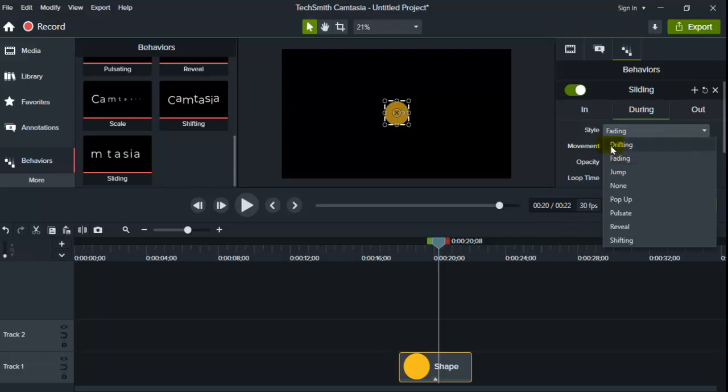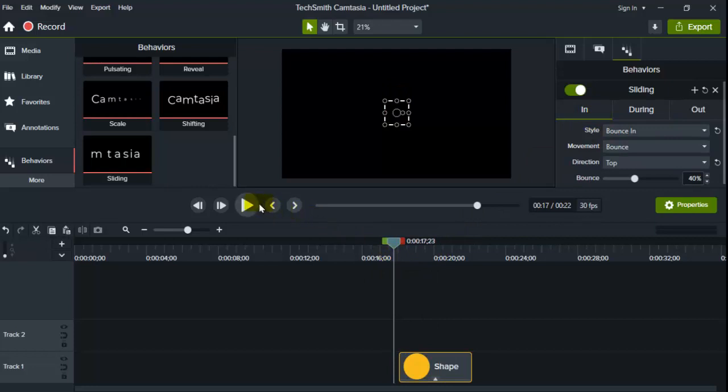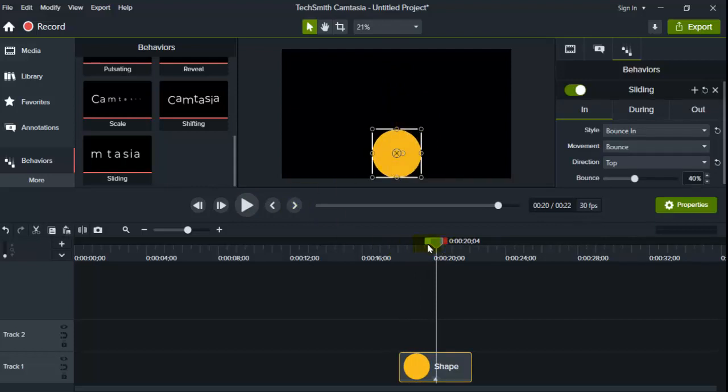Jumping, also bouncing, and it's coming from the top but it's bouncing, as you can see. Yeah, that's pretty cool, I think. Put it down here. It's coming from the top and it's bouncing. Okay, during